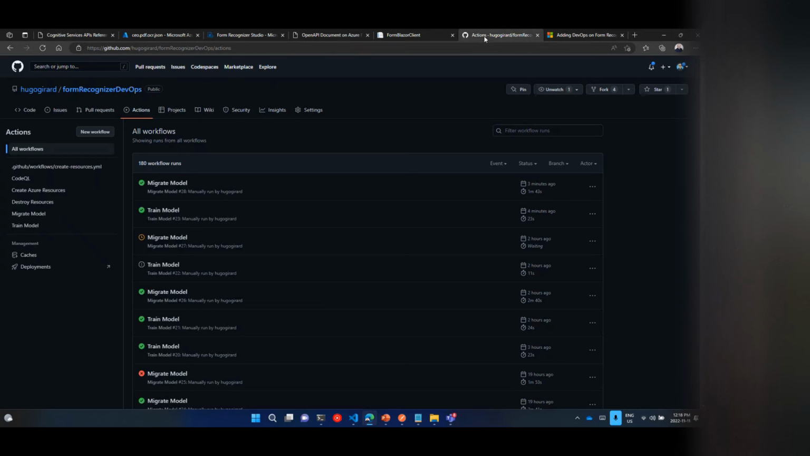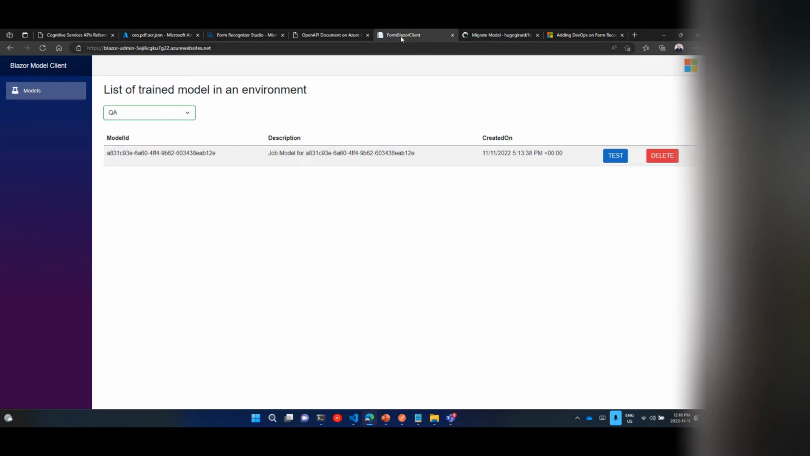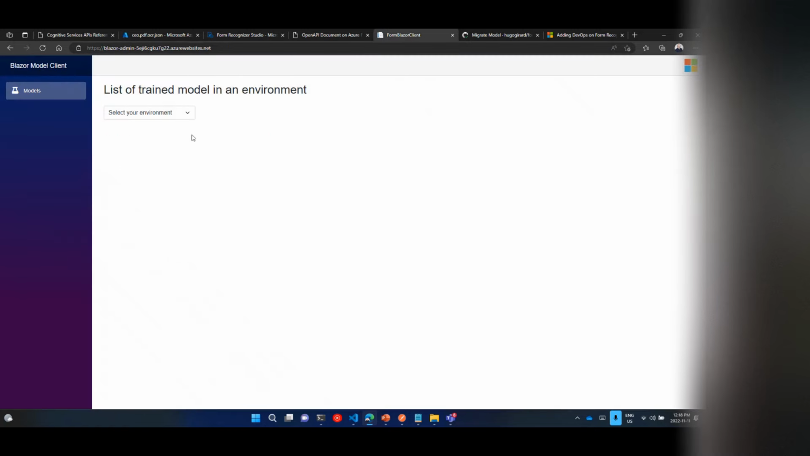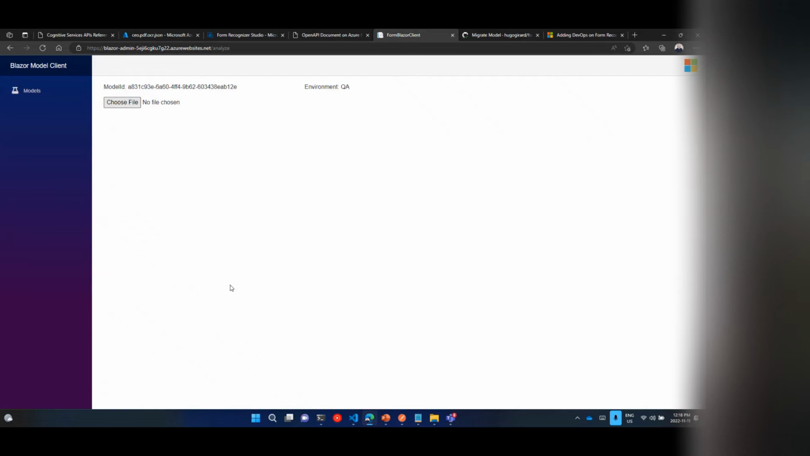So if I go back to GitHub, now I should be in production. If I click here, it went to prod like expected. So here I have, again, the model, same ID. And if I test it like in QA, for example,